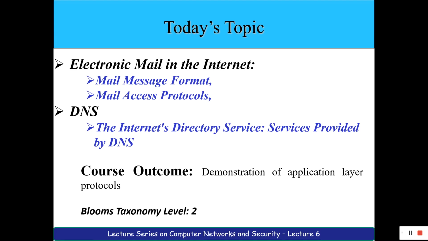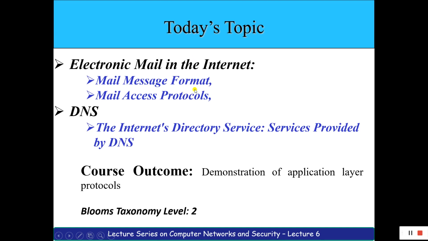The point is, when we compose a mail and send it to someone, it goes to the receiver's mailbox and it drops there. But the receiver, as an agent, should visit that mailbox, extract the mail and then study it. Correct? To do that extraction, you will be making use of mail access protocols.